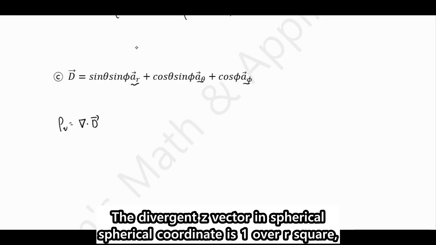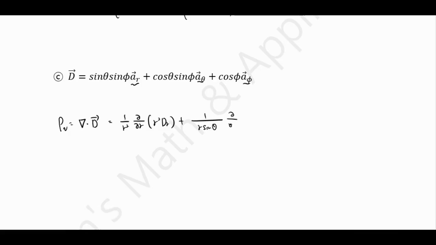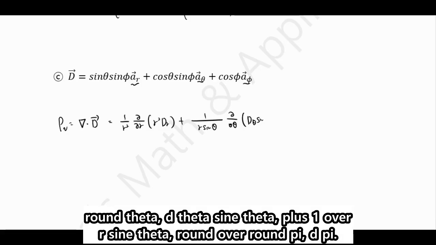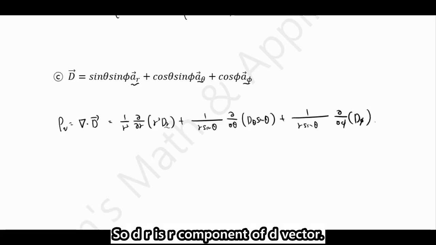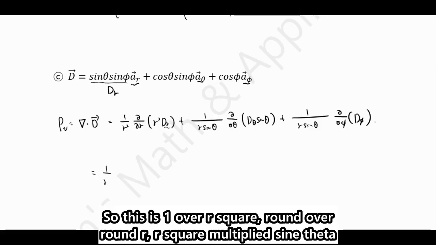The divergence of the D vector in spherical coordinates is 1 over r squared ∂/∂r of r squared Dr, plus 1 over r sine theta ∂/∂theta of Dtheta sine theta, plus 1 over r sine theta ∂/∂phi of Dphi. Dr is the r component of the D vector, which is sine theta sine phi. So this is 1 over r squared ∂/∂r of r squared times sine theta sine phi